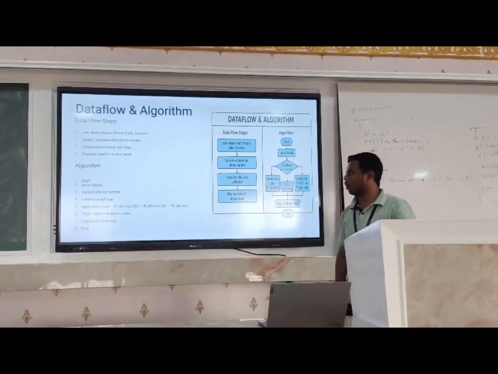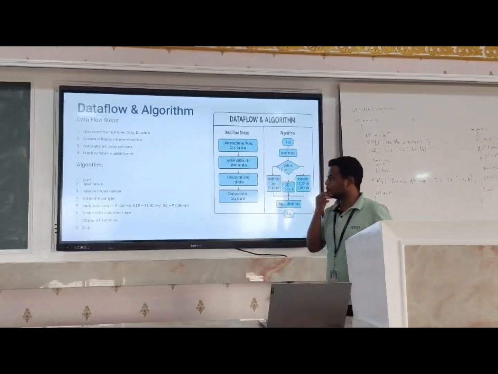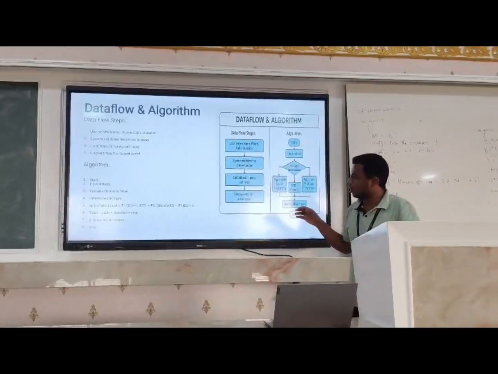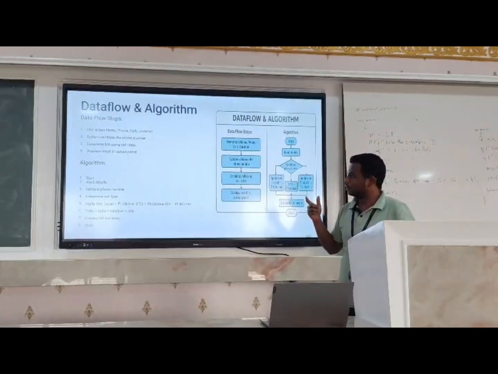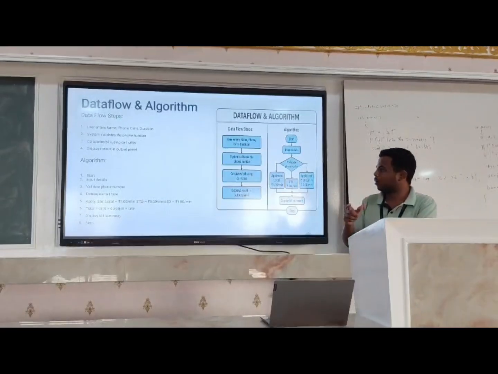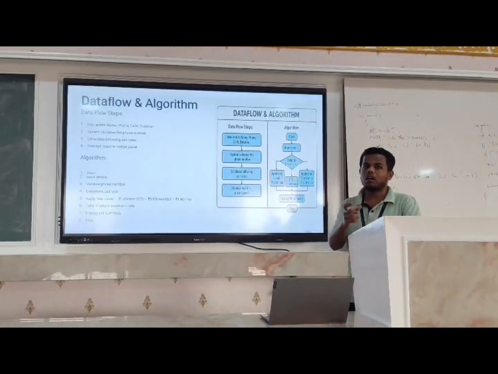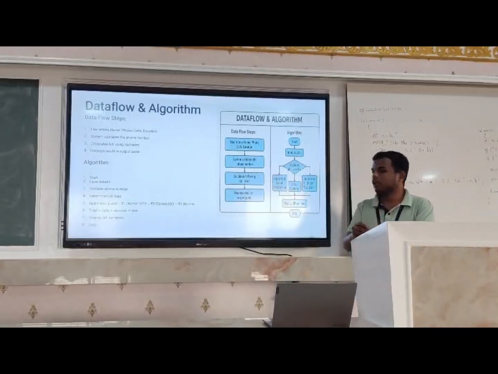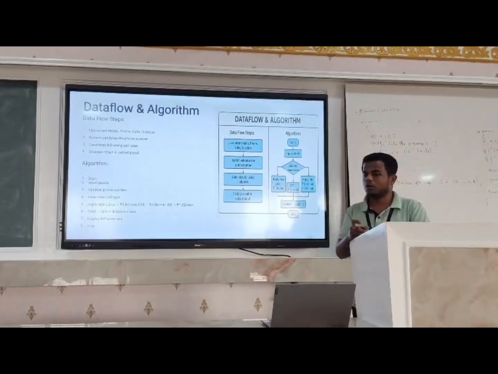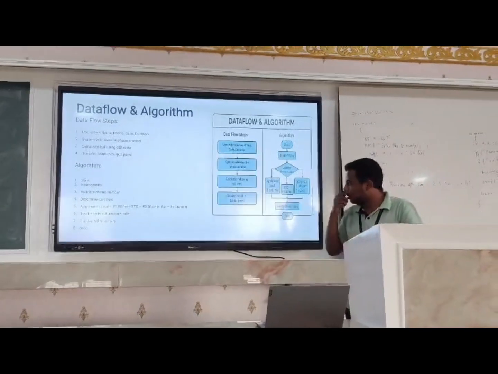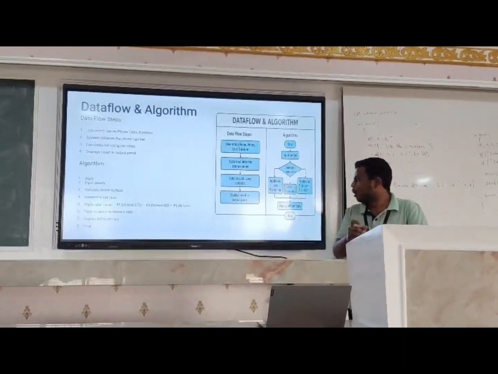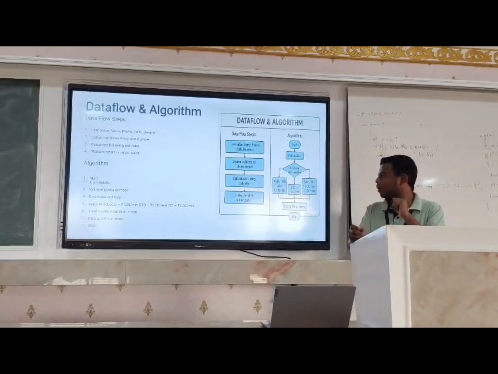Now, how our algorithm works. First it takes inputs and validates them, then it takes the phone number and determines the call type, like STD or local. Each call type has a certain rate, like 3 rupees per minute for STD and 1 rupee per minute for ISD.